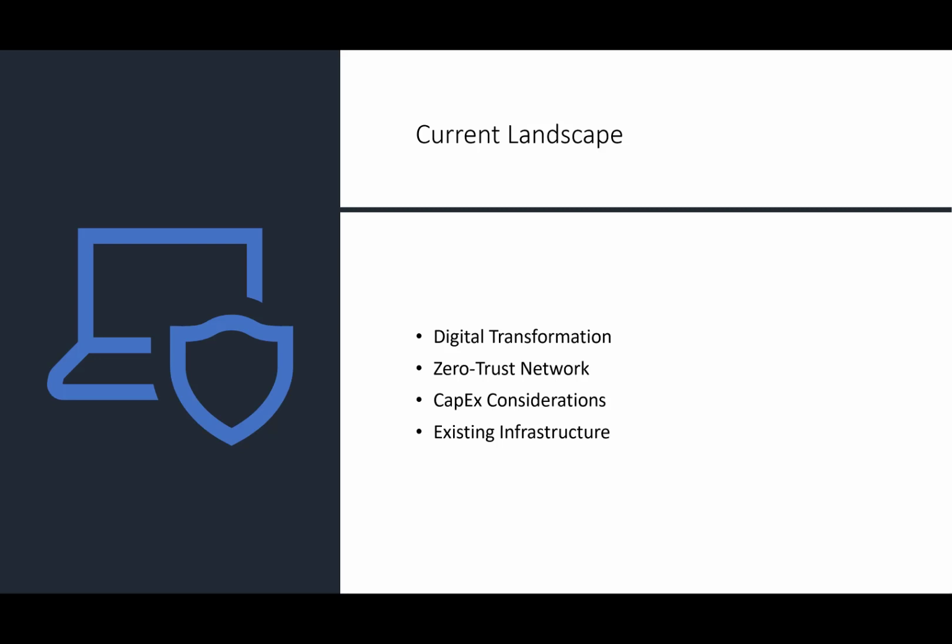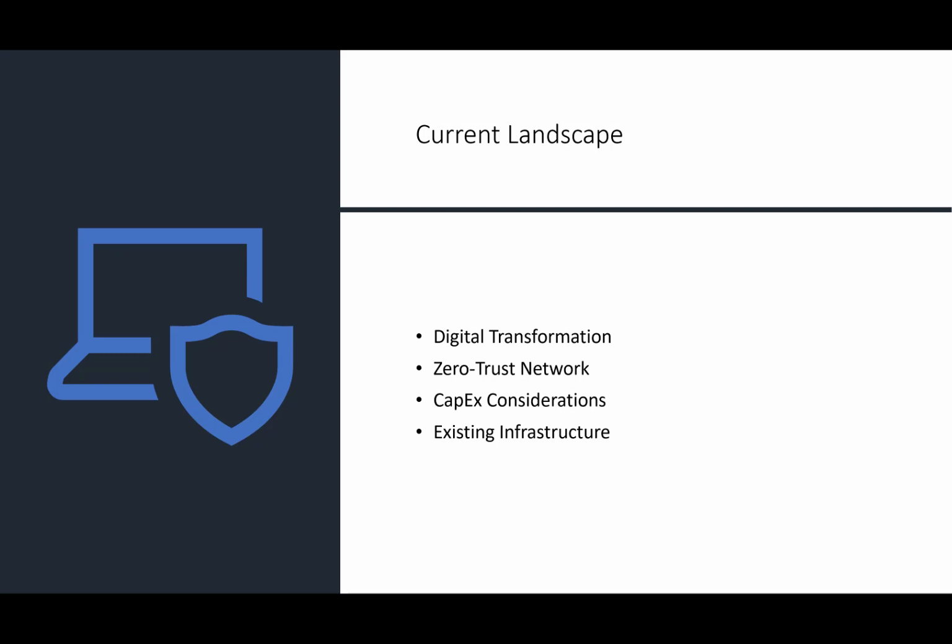So when we look at today's current landscape, digital transformation has changed the way people work and the ways that companies do business. We've shifted to an employee mindset of wanting to work from anywhere at any time on any device, and this has brought up a lot of new security concerns. We used to have our trusted perimeter network where users could go and access data, but now they're accessing it on BYOD devices, personal laptops, so we've moved into this zero trust network. We need to grant access to resources based off of user health and device health rather than being on our